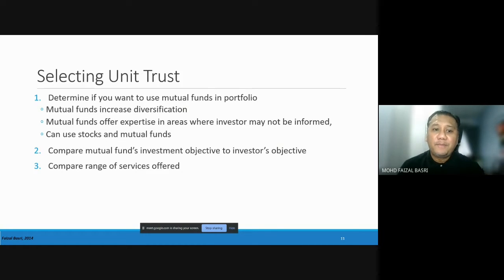Okay, sebab setiap investor dia ada objektif yang berbeza-beza. So you need to match your objective dengan objective of the funds itself. Okay, and obviously services ni depends on companies lah. What kind of services? Contohnya accessibility, macam mana nak access jual beli, your agents readily available or not. Kalau macam ASB you boleh pergi mana-mana post office, tapi contoh macam sekarang kalau during pandemic, kalau nak buat online boleh ke tak. So that kind of services you have to check from the provider lah, from one provider to another.